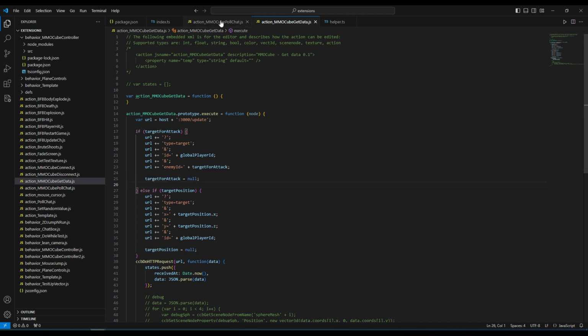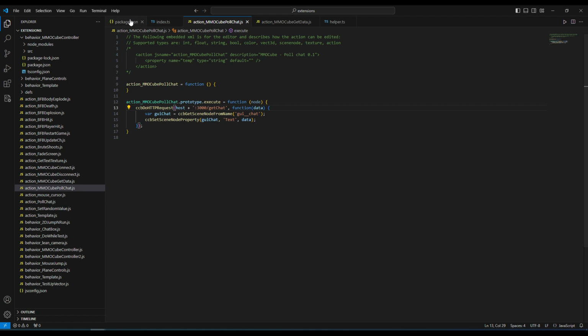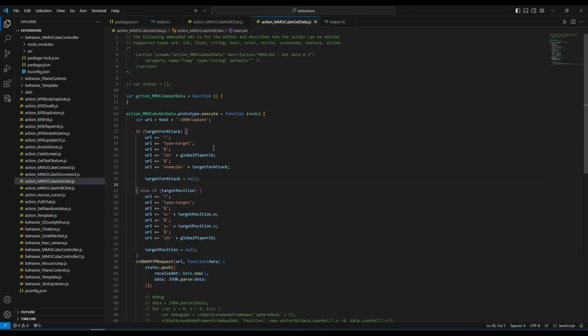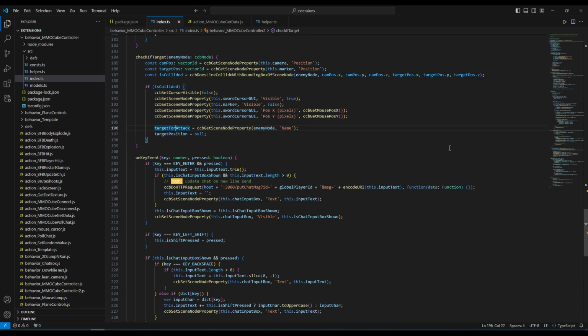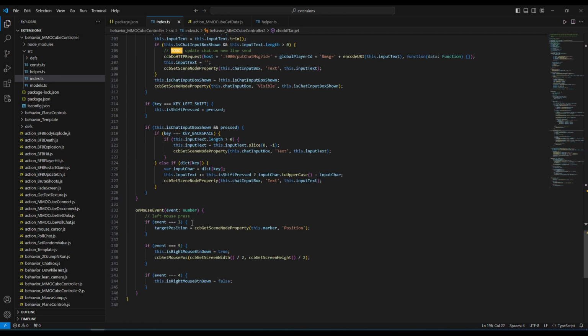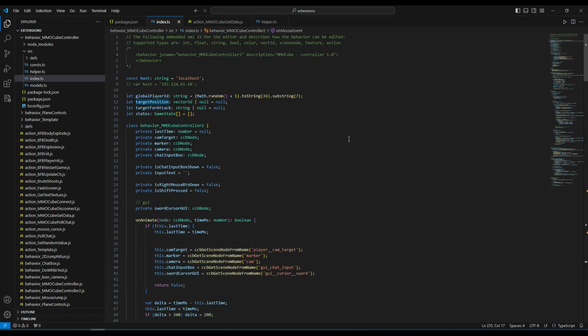So what happens here? I made a mistake in logic. All chat, we don't need it. Index TS. Basically, we still need to set our target for attack here, right? It doesn't matter if, because we need to start the attack only if we click on the left mouse button. So let's just do